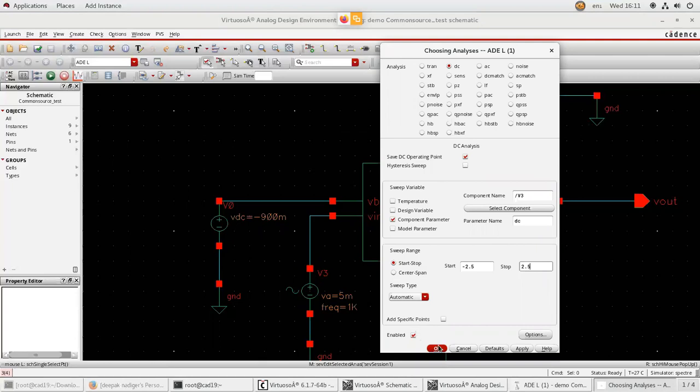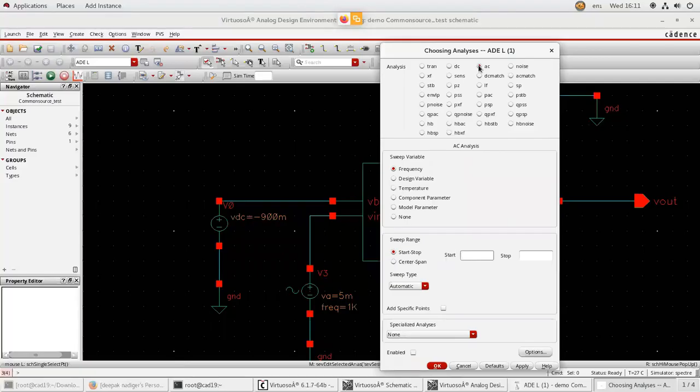Then press on AC. Here sweep variable is frequency. So you can go from 100 to 1 giga. Sweep type, let it be logarithmic.